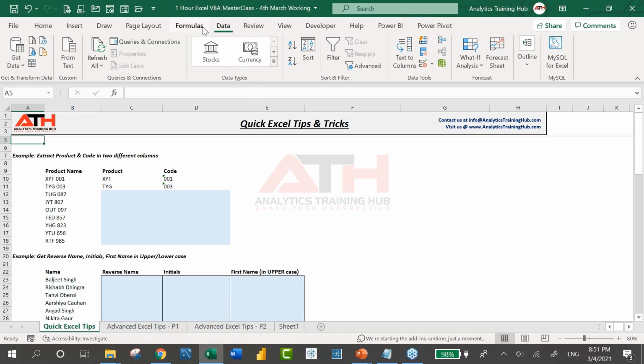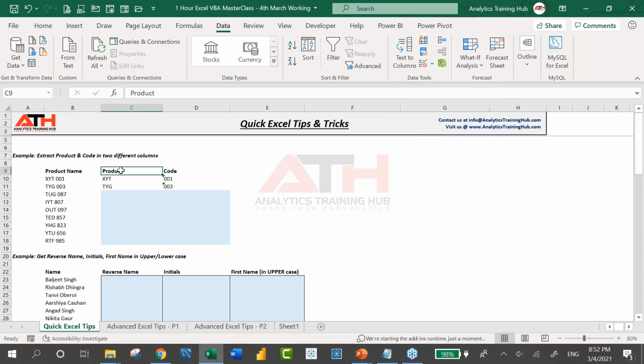I'm talking about Flash Fill, which is located under the Data ribbon tab in the Data Tools category after Text to Columns. How many of you are aware? You can use the question window. Meanwhile, I'm just going to give you the example. You can tell me whether you have used this feature or not through the question window.